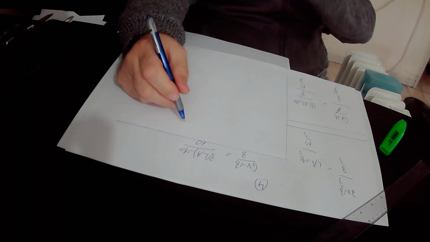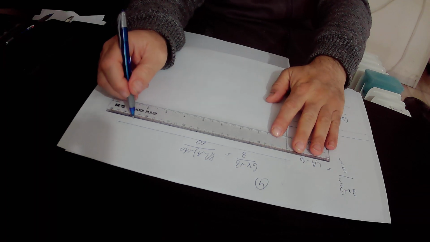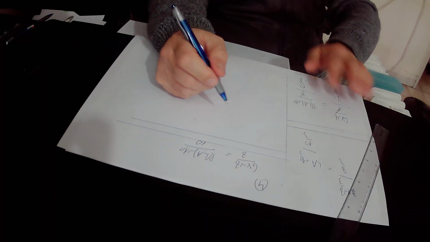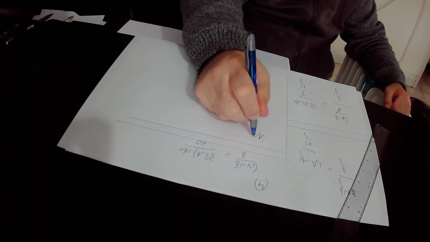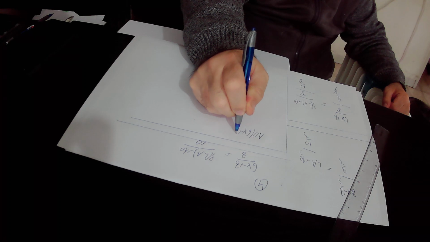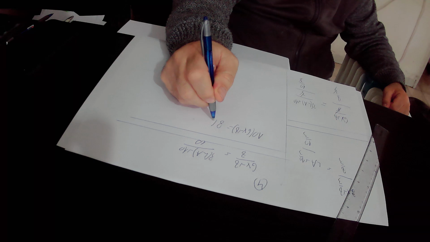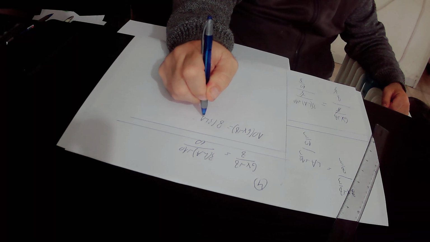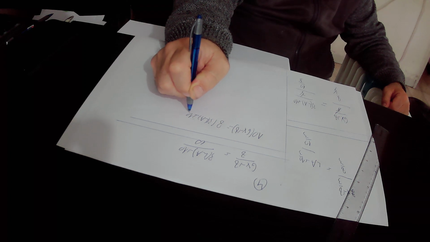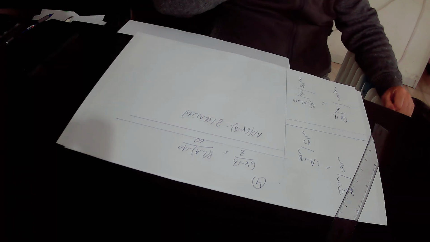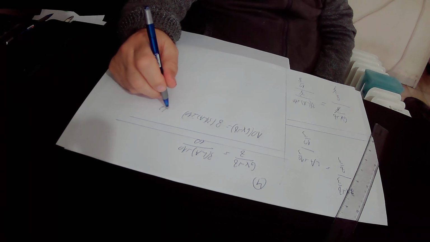So here we'll cross multiply this equation and we'll get that 10 times (6x plus 8) equals 8 times (3LA plus 10). Here we divide this equation by 2. And finally we get that